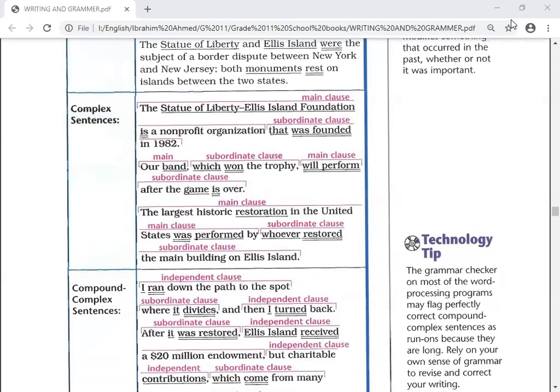Number 3, a complex sentence, like: the Statue of Liberty, Ellis Island Foundation, this is an organization or foundation that looks after these monuments, is a non-profit organization that was founded in 1982. So the Statue of Liberty, Ellis Island Foundation is